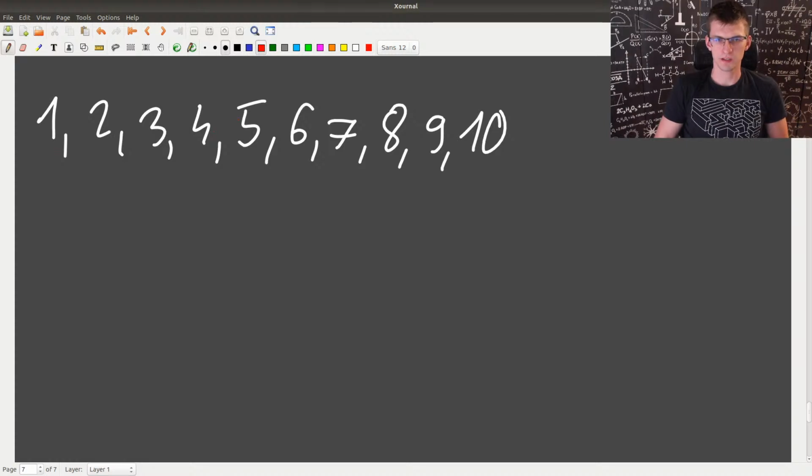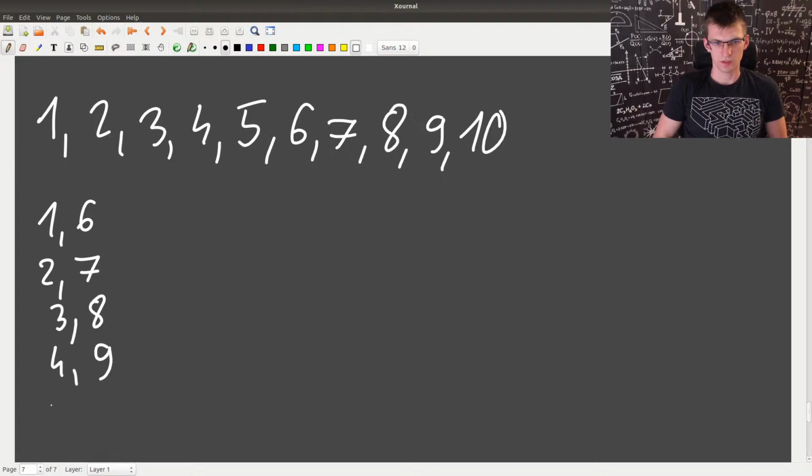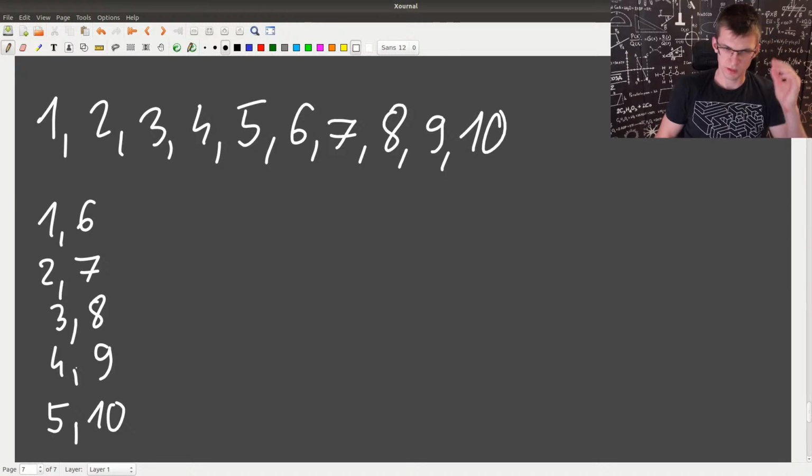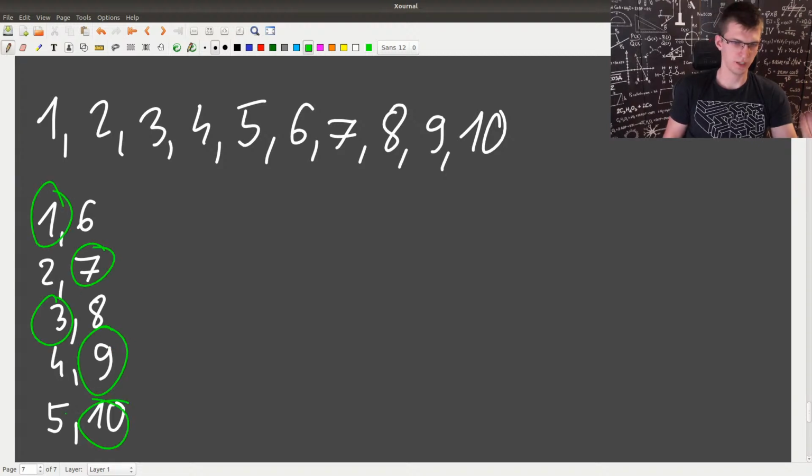What if I split like that? 1, 6, 2, 7, 3, 8, 4, 9, 5, 10. Can you choose now such one element from each pair that the sum will be divisible by 10? Easy. The split must be very regular, so that